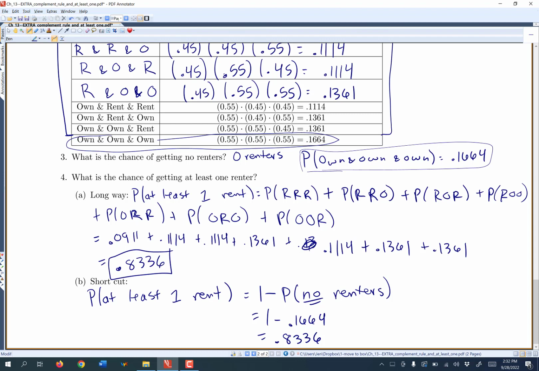Or this doesn't make sense. This is how it makes sense. Okay? You look at it like this, you say, well, what would all the other possibilities be? Then you realize it's a lot easier just to do 1 minus the probability of none or no